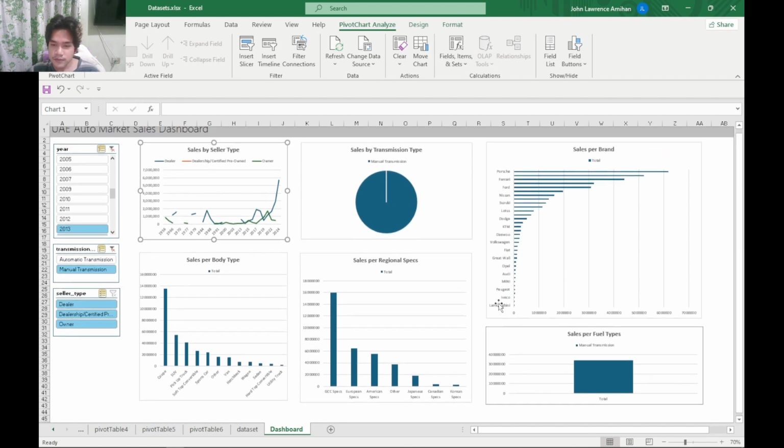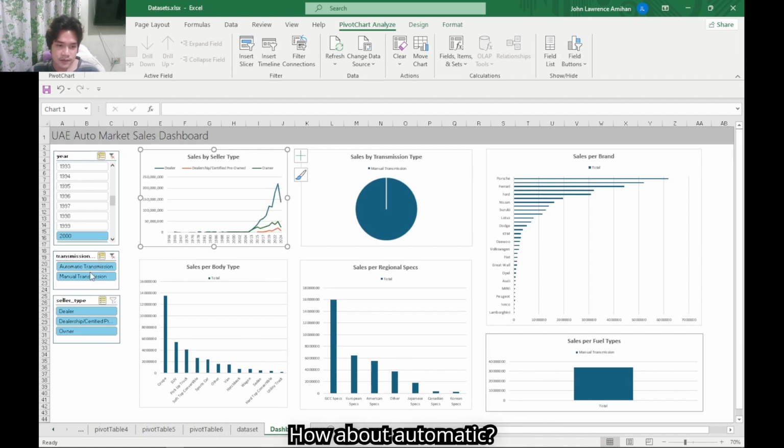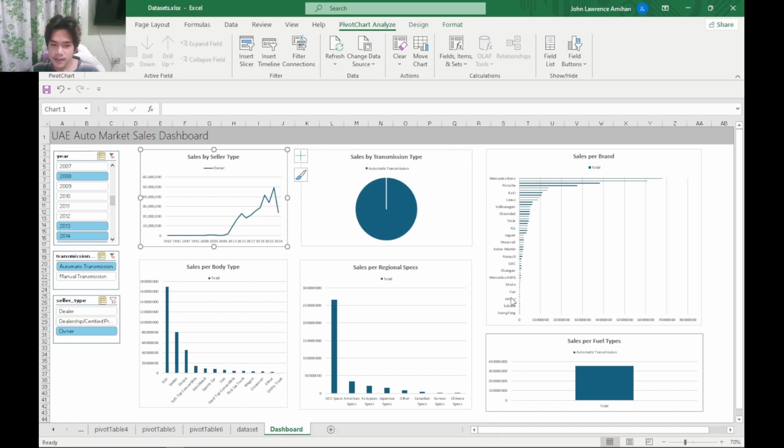Now that's the data that is shown. How about automatic? You can see that the pivot tables are changing and it is interactable.